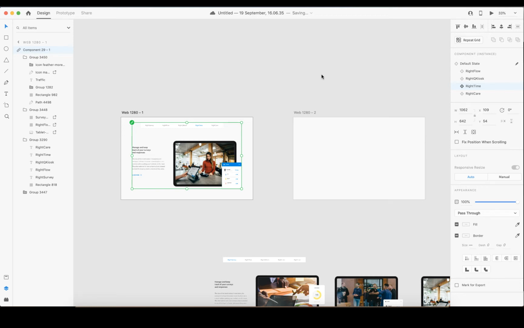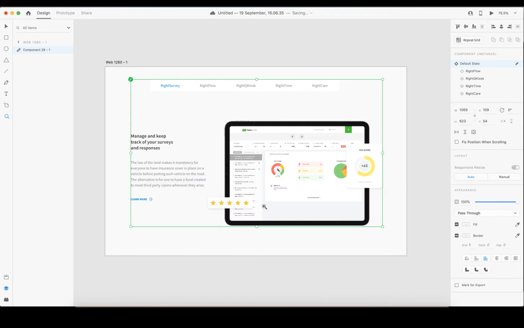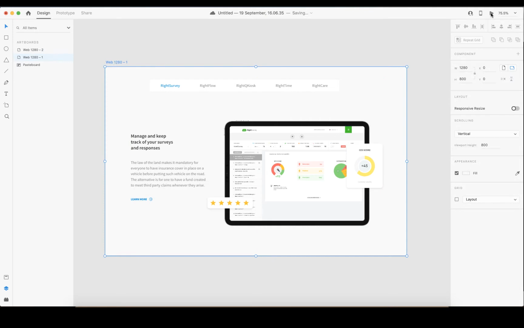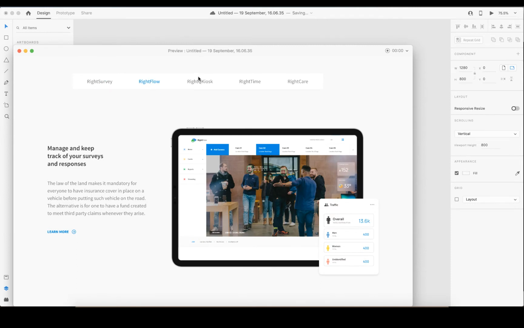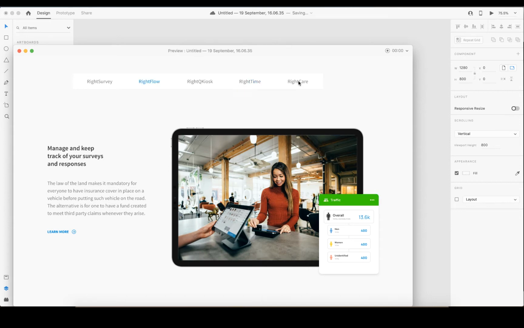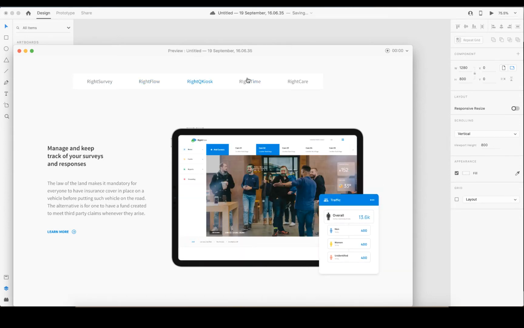Today in this lecture, we'll be trying to solve the tab problem on XD, how to create something like a tab, like the prototyping. Let me show you what I mean. If I play this prototype, you see something like this. When you click on this, you see this change. When you click on this change, this also changes, and also this, and you can also go back to default and repeat the same process.